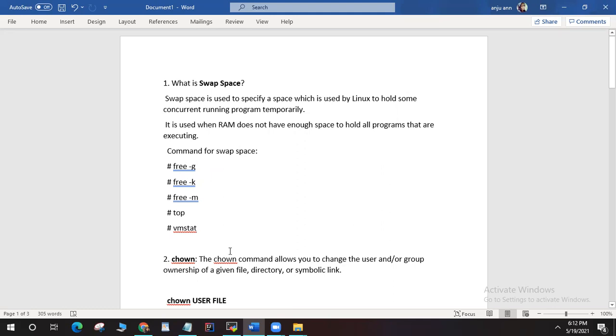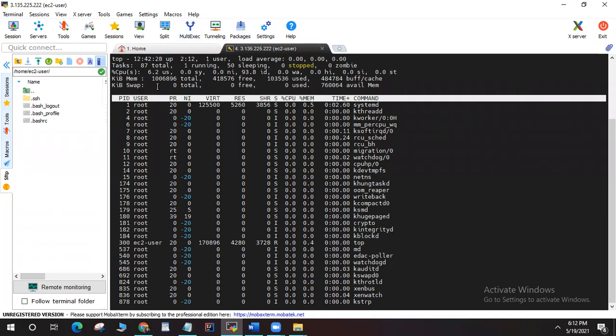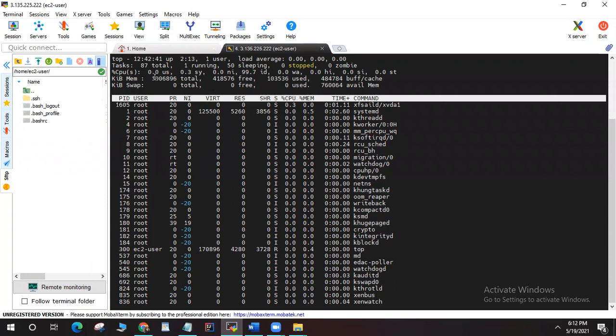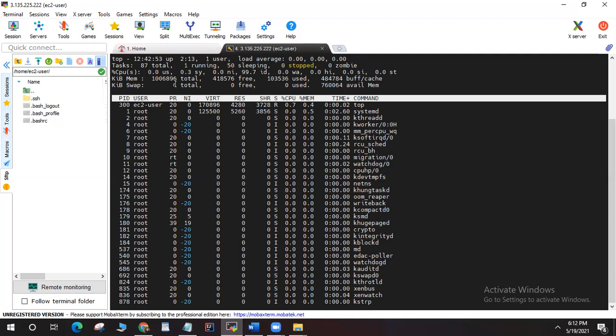To show an example, I can show you with one of the Linux machines, an AWS instance that I've logged into. If I use the top command, you can see what the percent CPU is. The top command basically shows the CPU percent, what processes are running, which user, what process, how much CPU and how much memory it is using. Here you can see the memory: this is the total memory, how much memory is free, and how much is used. In the same way, you can see swap. There is no swap memory consumed at this time because this is a new machine and we are not running any processes in here.